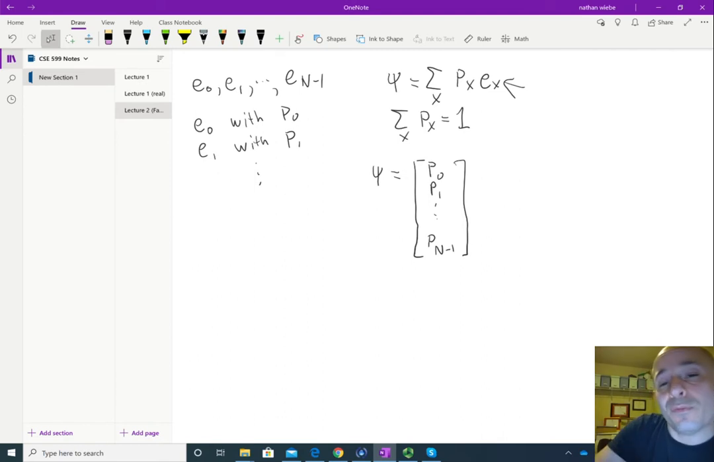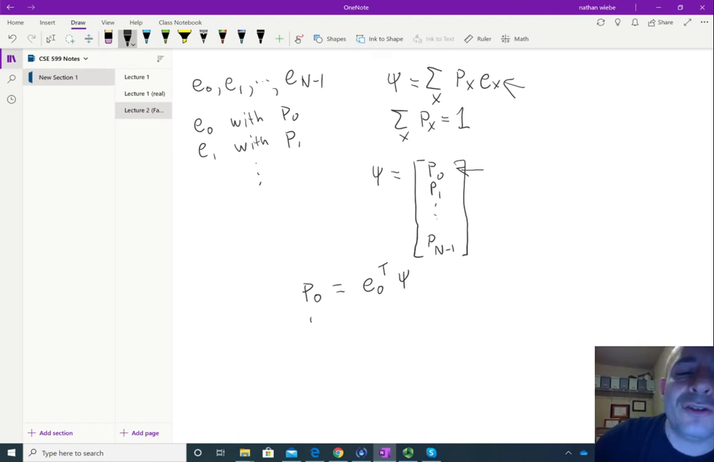Similarly, we can end up figuring out what a probability is just by looking it up on this table. Well, okay, that's pretty easy, but we can do this using linear algebra by saying, okay, well, P0 is just the 0th element in this. So that is just given by E0 transpose acting on psi. And in general, the jth probability over here is just EJ transpose acting on psi. All right,